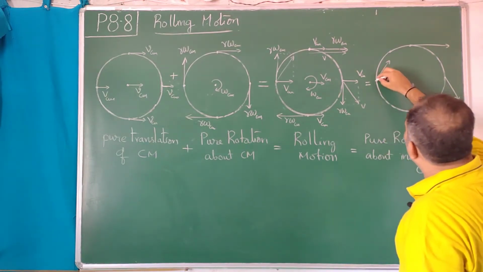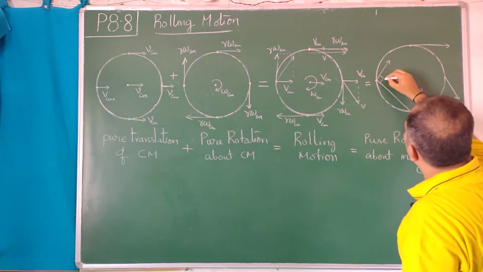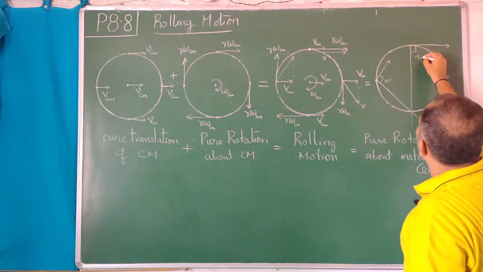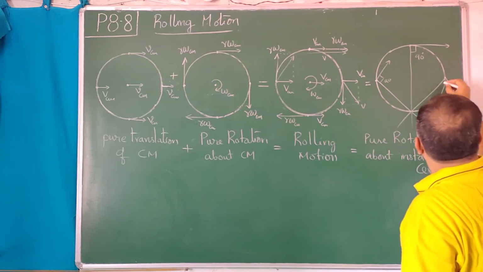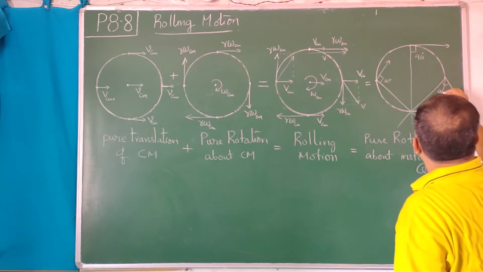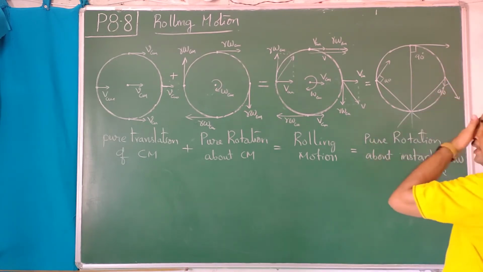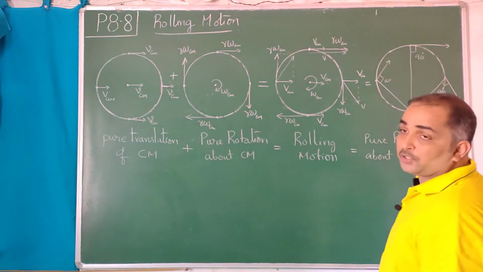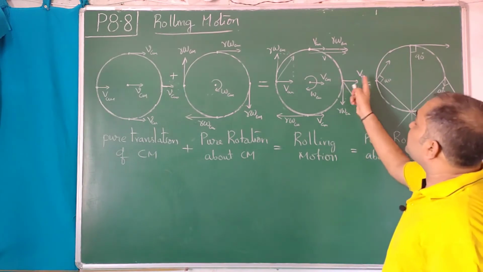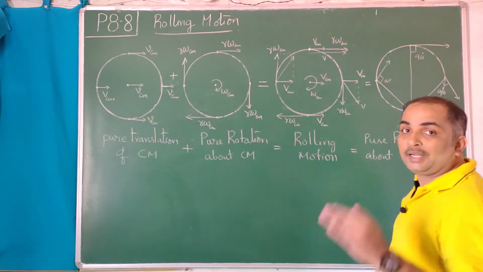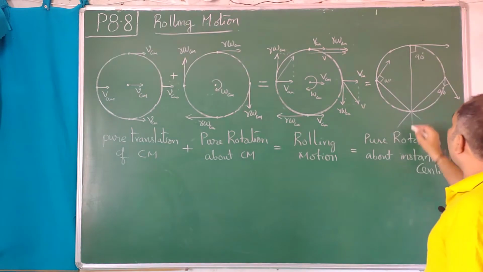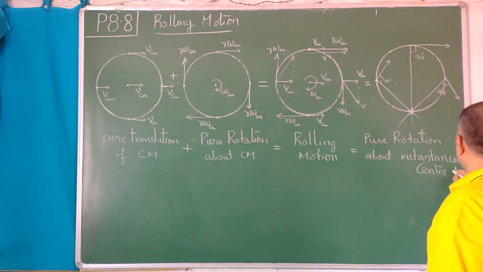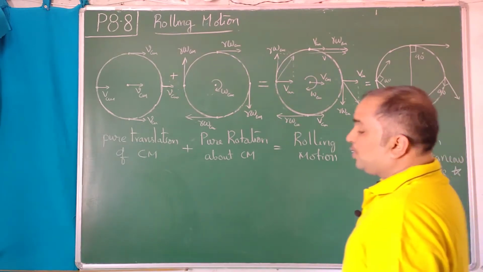If you drop perpendiculars from them, this is 90 degrees. Drop a perpendicular from this, this is 90 degrees. Drop a perpendicular from this, this is 90 degrees. That should be 90 degrees, otherwise it's not the instantaneous center. So take any 2 points on a rolling object, and you should know the net velocity of them, not only the translational part or only the rotational part, the total velocity. If you join them, that comes to a point. I am putting it as a star. That instantaneous center I am putting as a star mark.